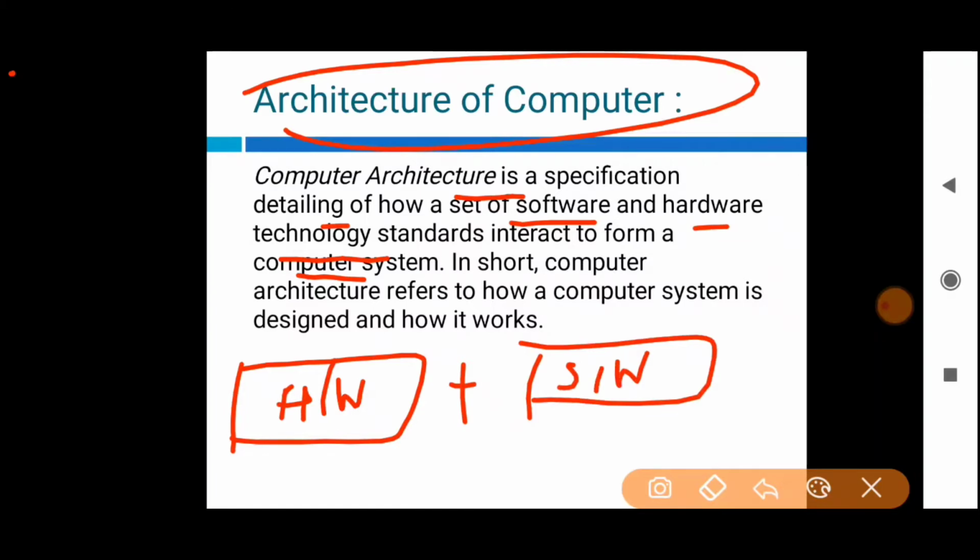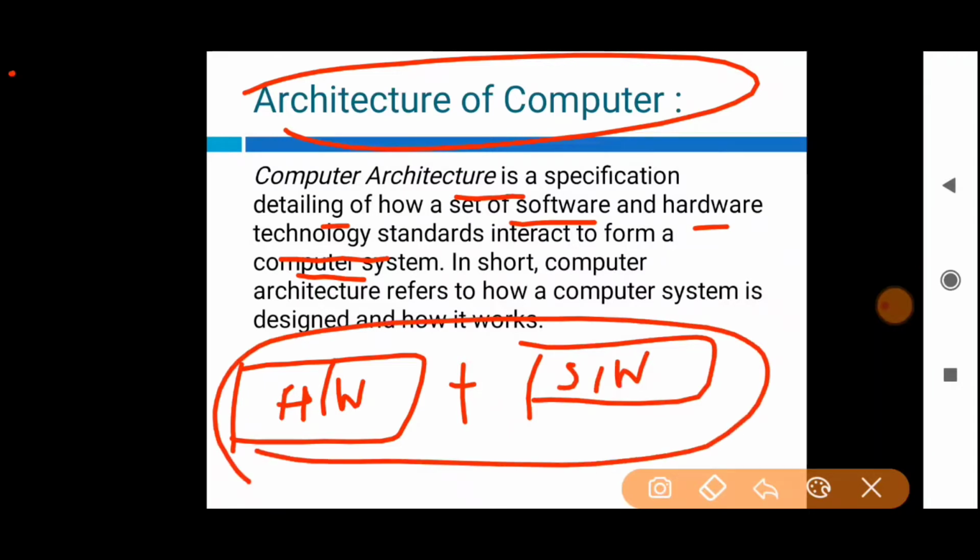So when this entire system works together to give the user the desired output, we say this detailed specification is the computer architecture, and it also refers to the designing of the computer system. So how the system is designed and how it is going to work.